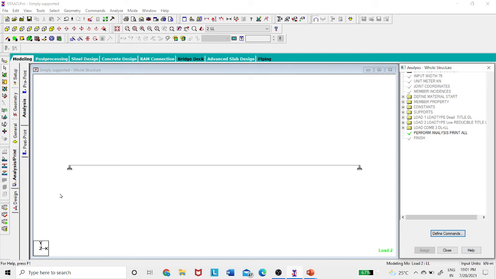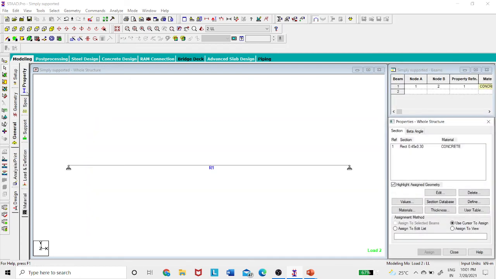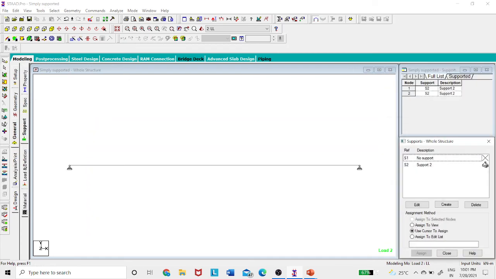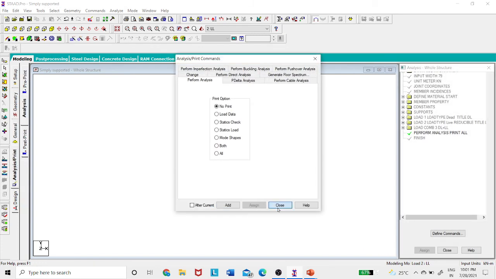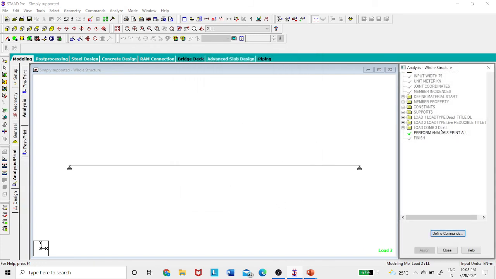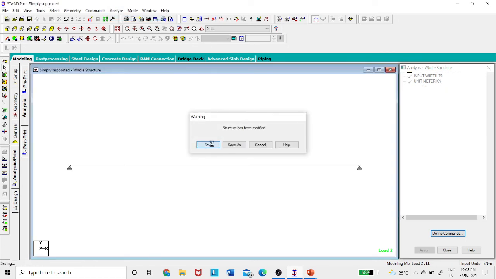Now you can see the sequence. First I have done the geometry, then gone to the general. In the general: property, support, definition, then go to analysis. And once the analysis command you have given here, go to the top, analyze, run analysis. Okay, save.